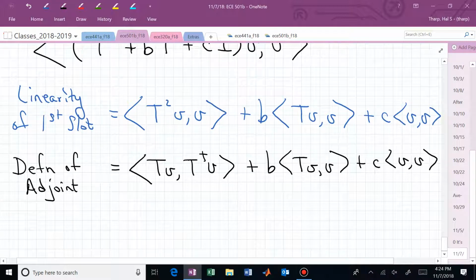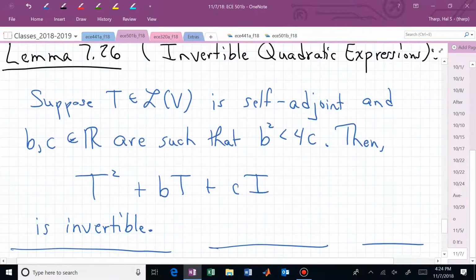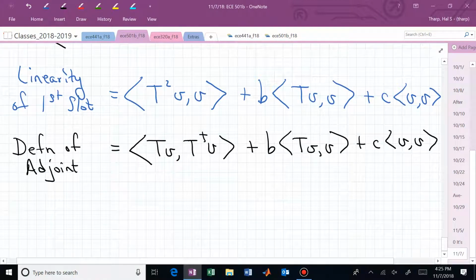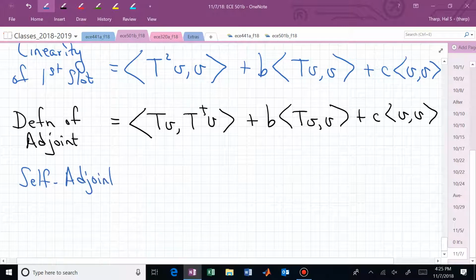Isn't it fun what we can do now with all of this knowledge? And what did we assume up here in this lemma? We assumed T was self-adjoint, so that now anywhere we see an adjoint, we can get rid of it, can't we? Since this operator is self-adjoint, we can rewrite that first inner product